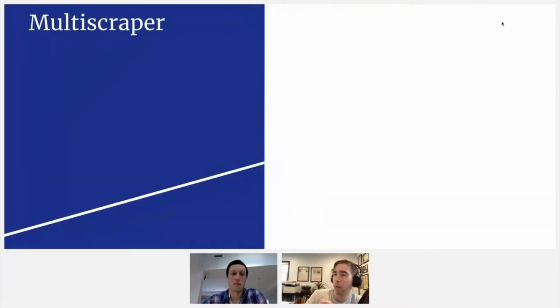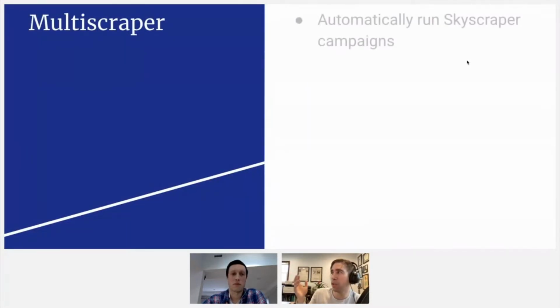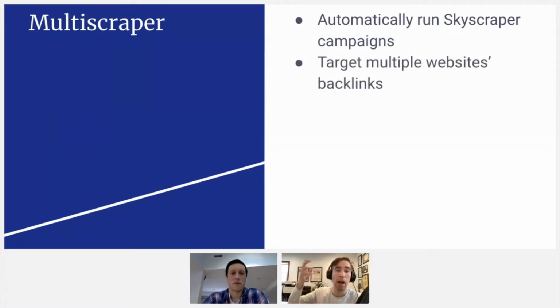So the Multiscraper campaign, how this works is basically all from inside Postaga, you can automatically run a Skyscraper Technique campaign, which will search for different websites on a given topic. It'll then let you target multiple websites. So the main difference from a regular Skyscraper campaign is instead of just running a Skyscraper campaign on one website with all of its backlinks, you can simultaneously run effectively multiple Skyscraper campaigns at once.